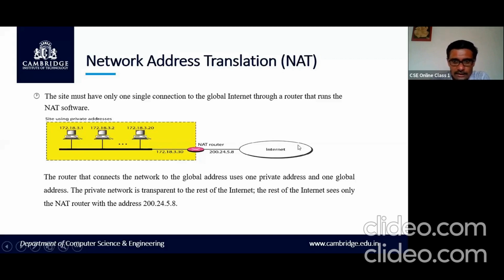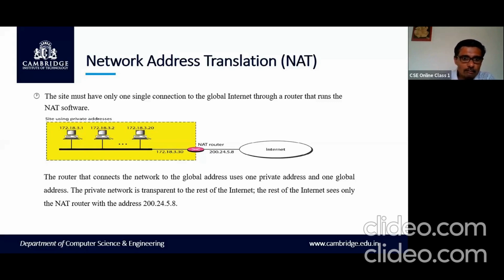That is, for the packet coming from the hosts connected to the internet, the destination is this one. But the actual destination is not this one. It may be one of these computers. But all these IP addresses are not recognized by the internet.